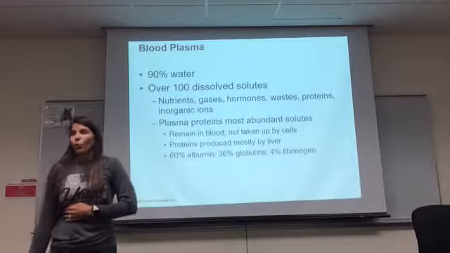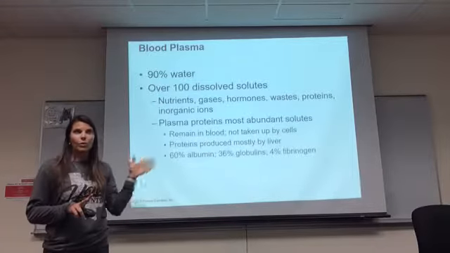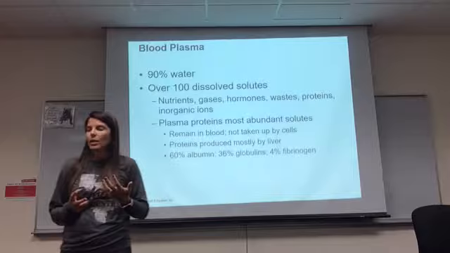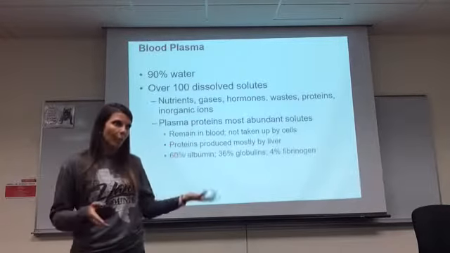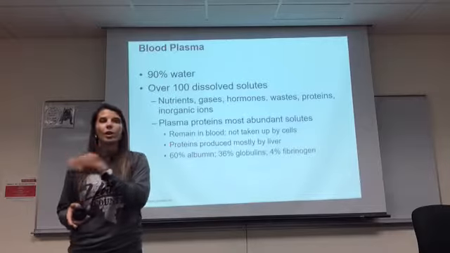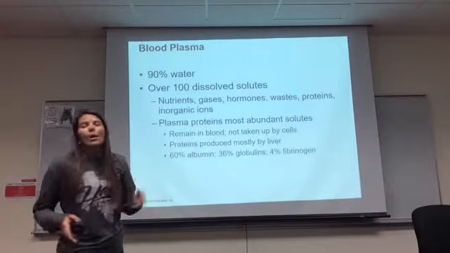Any questions so far? So we went through the functions of blood, kind of the characteristics of blood. And now we're going to go through each of the components of blood, beginning with plasma and then going through each of the formed elements. So the blood